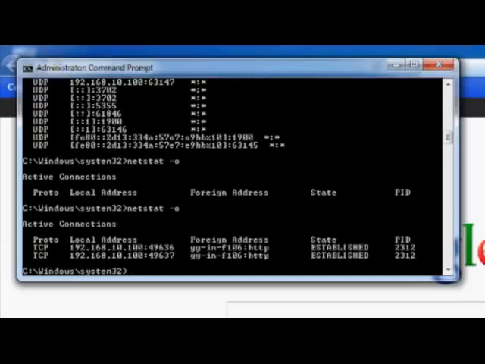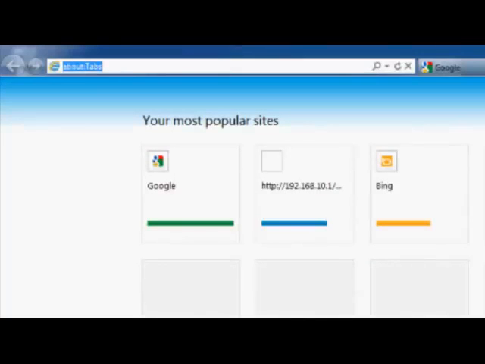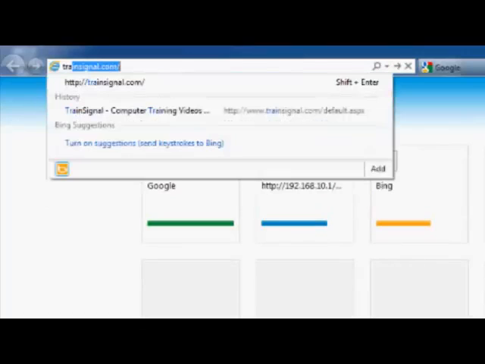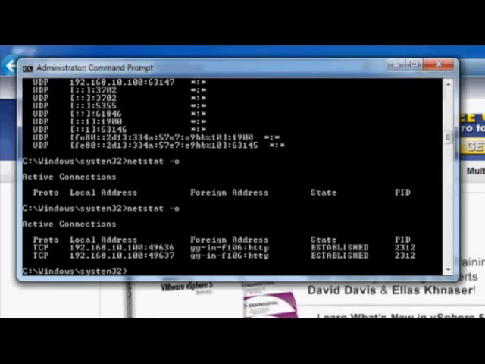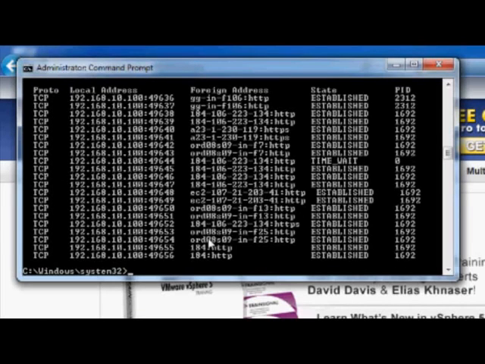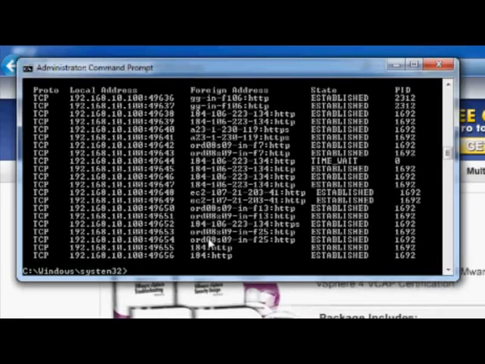And if I were to open up another tab over here on my browser, and let's say I go to Train Signal, come back here to my command prompt, do the same command again. Ooh, look at that. Now I have a lot more entries. And really, when it determines how many entries, it depends on what exactly the website's doing and how much activity